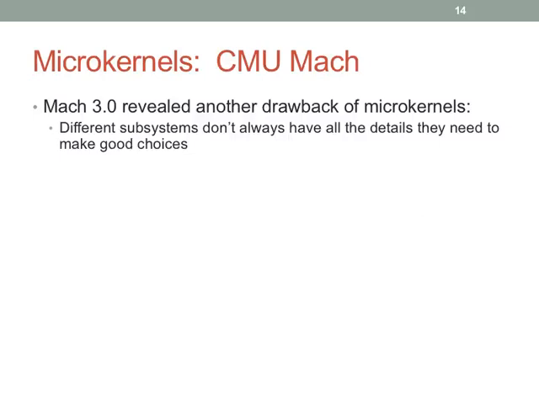Now there was another thing that they ran into with Mach 3 that made them really sad. Remember we talked about separation of policy and mechanism? So we're going to factor the pager, the virtual memory pager, out into a user process. We're going to factor out the file system cache into a user process. Ideally we would even factor out the thread scheduler. They started noticing that when these things were living off by themselves in a user process, they no longer had access to all the information they needed to make good decisions. That was a major issue with Mach.